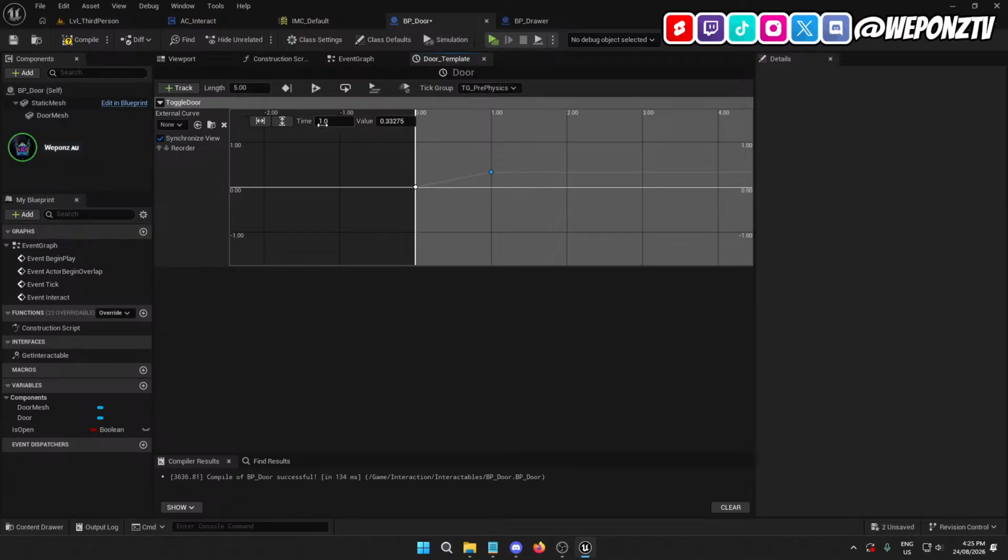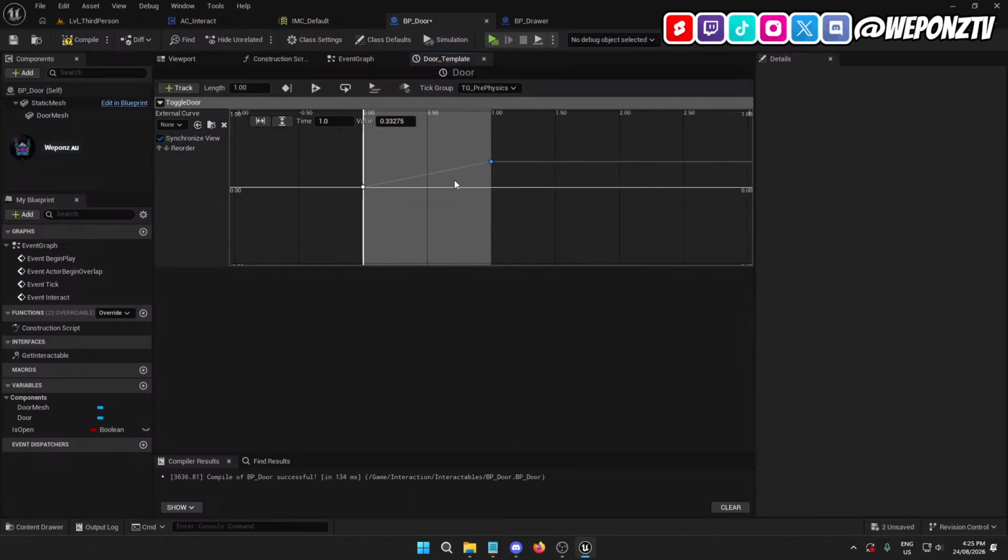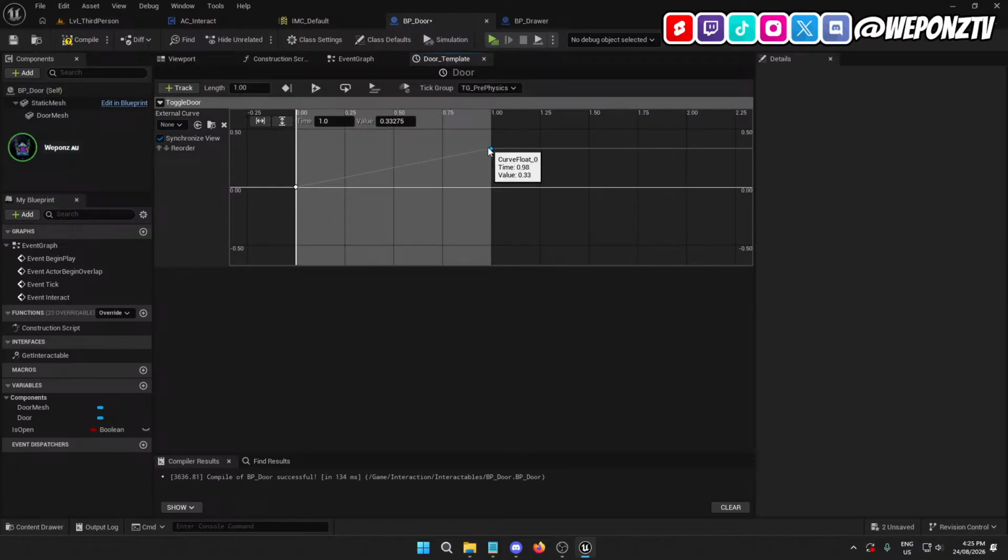So this is... the length needs to be 1 second. So like that, and then what we want to do is click on that, hold left control, click on that other one, then right click and go to auto like that. So now we should have,